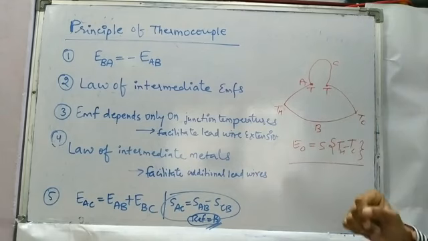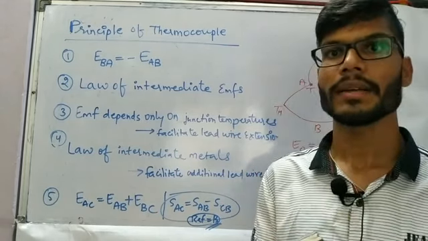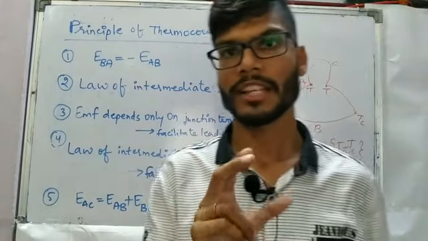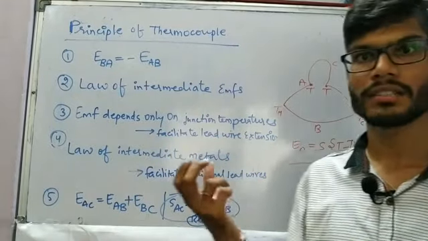So what this gives us the facility for is, let us say we are using a K type thermocouple or any thermocouple which is making use of expensive metals, right? So we cannot simply extend the expensive metals up to our control room.